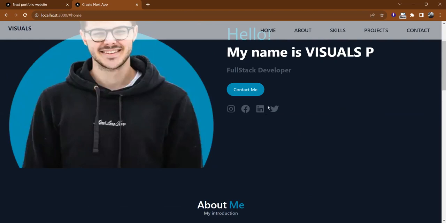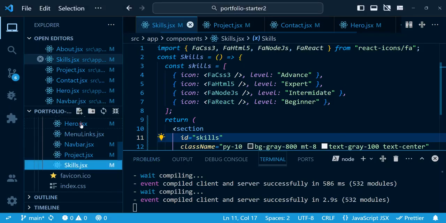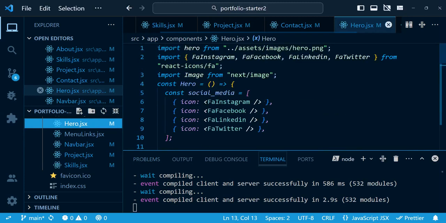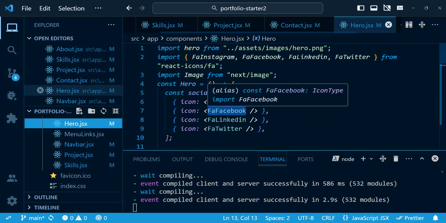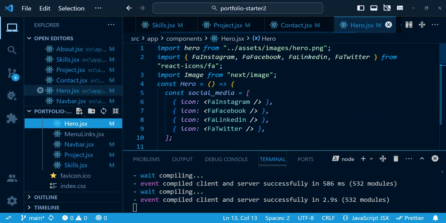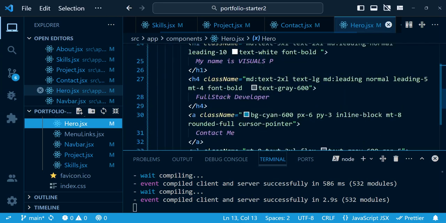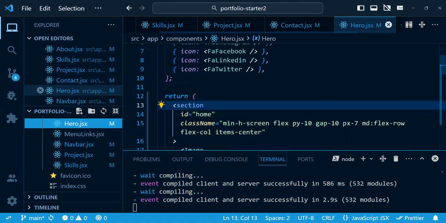So in order to create that, we need to go to hero section. Let's go to hero section and let's give a function. So when we click the contact me section, it will trigger the function, and the function will take us to the contact section. So to do that,